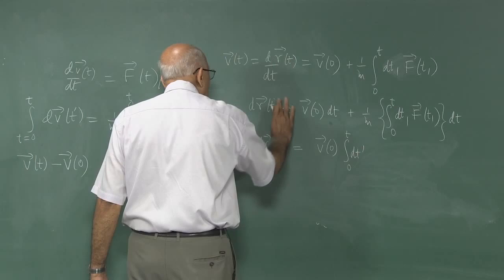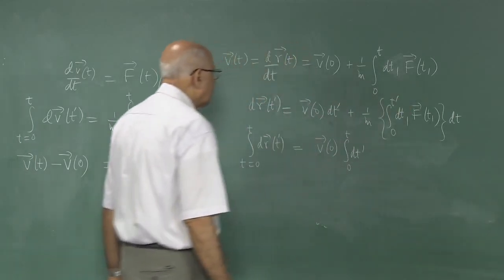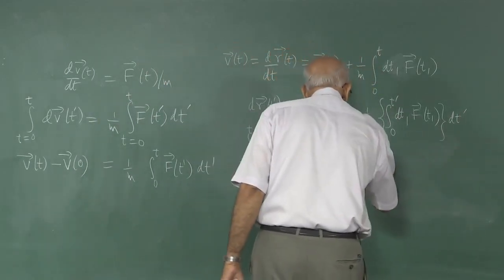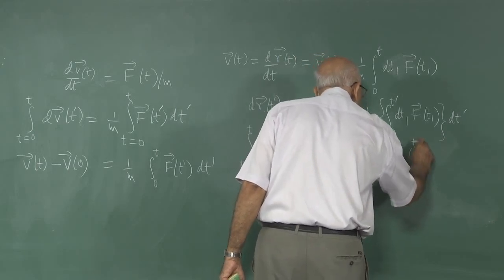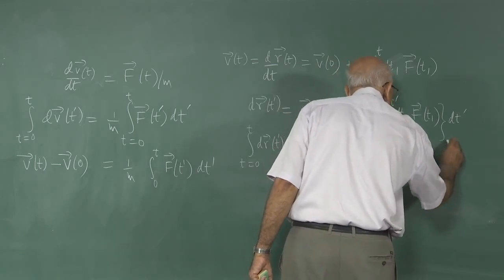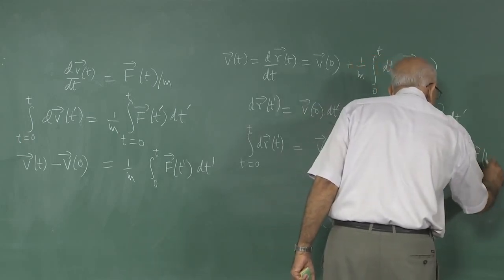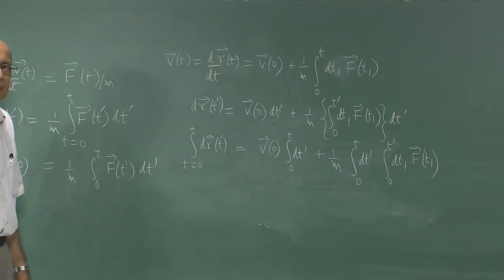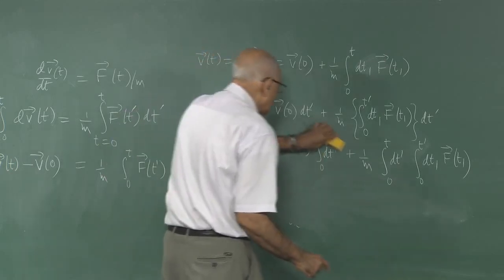So the first step is to call this t prime everywhere, and then dt prime, and the next step is to say this is 1 over m, an integral from 0 up to t dt prime, integral from 0 up to t prime dt1 f of t1. And this is not such a trivial integral. This portion is trivial, it is just t. So I can get rid of this